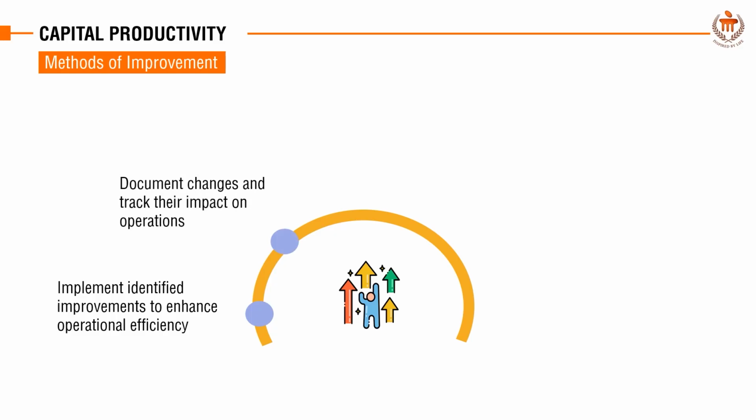After implementing the new methods, it is essential to create records that document the changes made and their impacts on operations. These records serve as a basis for evaluating the effectiveness of the improvement procedures, allowing analysts to measure outcomes